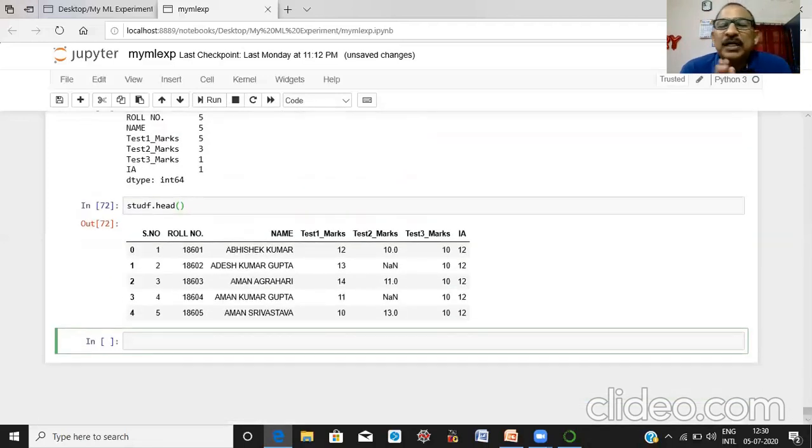Our purpose is to modify the column or columns having a single value. Here you can see the test 3 marks and IA have a single value. So we want to identify such types of columns and remove them from our data set. Let us see how we will remove it.